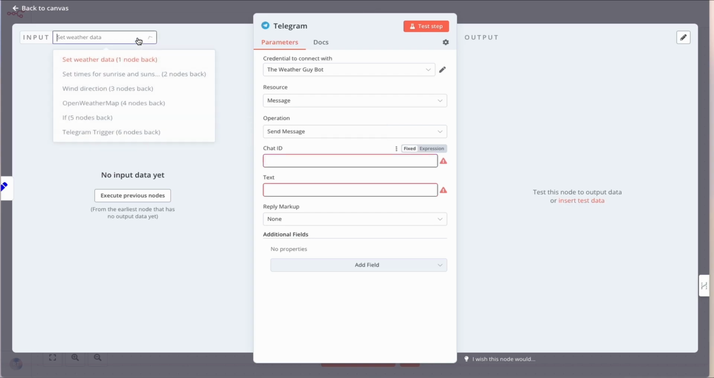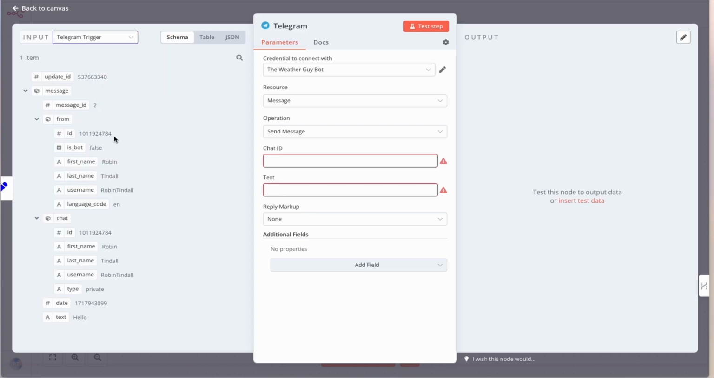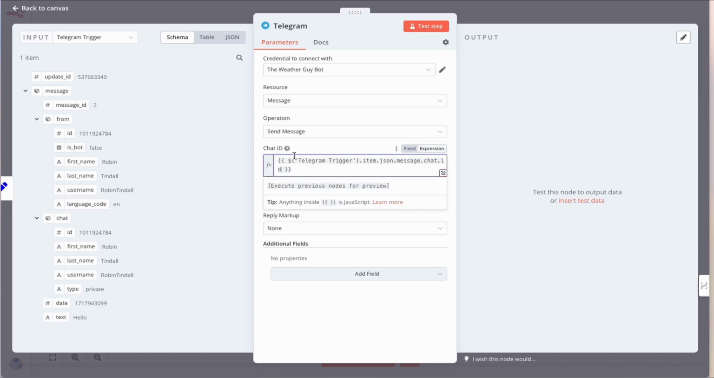So to do that, I can just open this. I go all the way back to my Telegram trigger node, and here's my chat. There's my chat ID. So I'm just going to drag that in. So it's going to send data back to it. Now, it's not giving me the actual response. It's grayed out because I haven't run the previous nodes yet. We haven't done that step yet. But it's going to pull in the correct chat ID when this runs, and it's going to send a reply back to Telegram. Now,